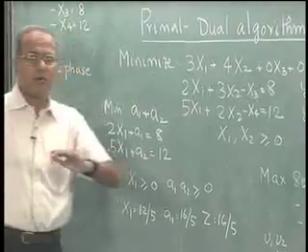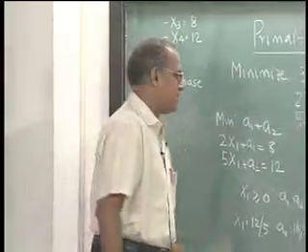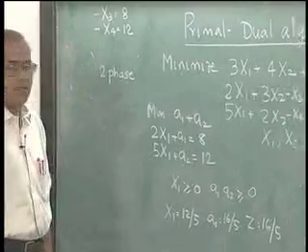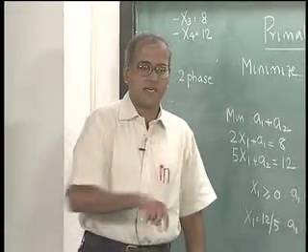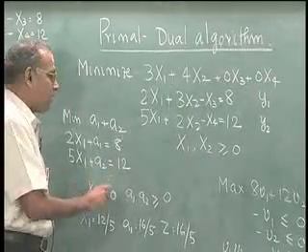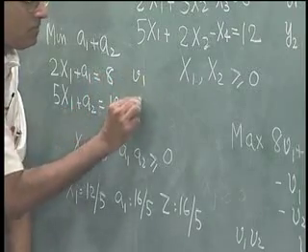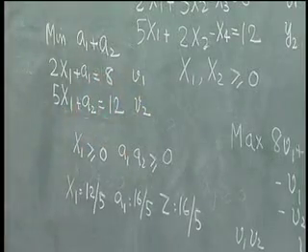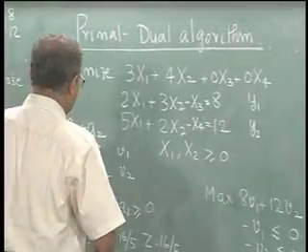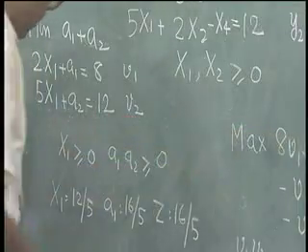So we need to do one more iteration here because it is not feasible to this. So, we will now go back and try to find out the dual of the restricted primal as we did. So, this restricted primal will have two dual variables V1 and V2, and the dual of the restricted primal will now have maximize 8 V1 plus 12 V2, which is the same